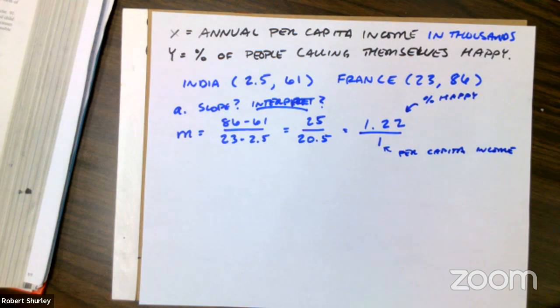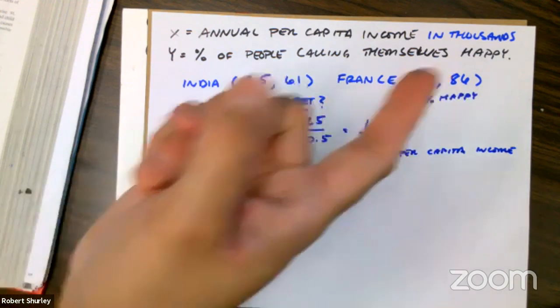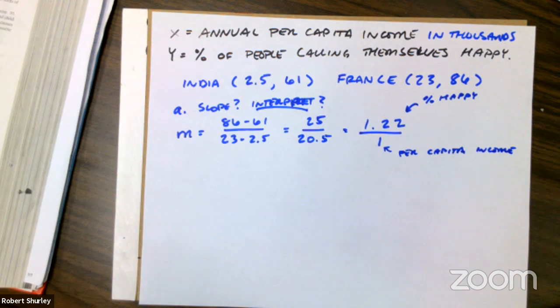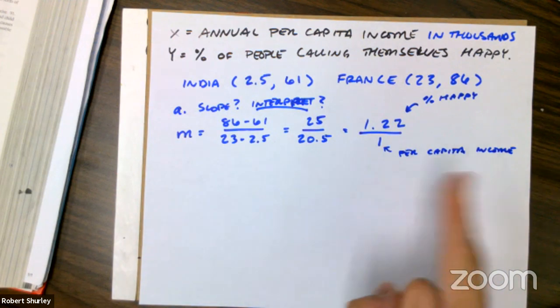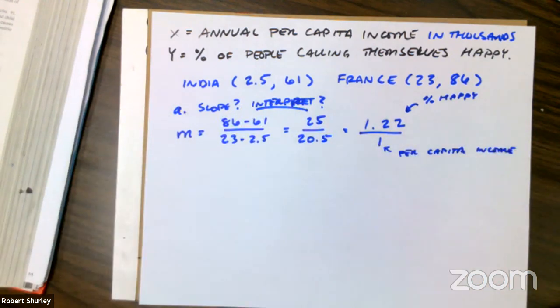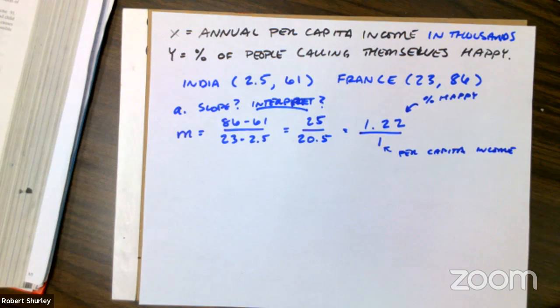Okay. So what this trend line is saying is, yeah, money doesn't buy happiness, but we can expect an increase in happy people when we have an increase in the per capita income. I'm going to write down the actual interpretation underneath it, but that's what it's saying. If we would have had a negative here, it would mean that for some reason the percent happy would decrease